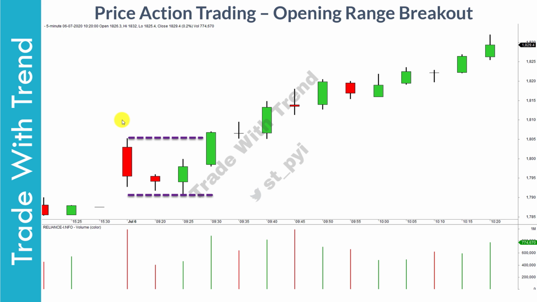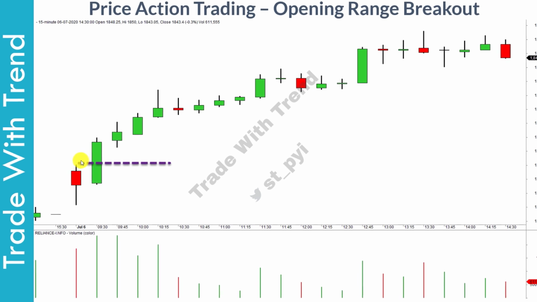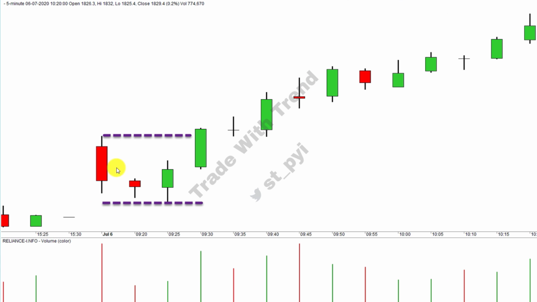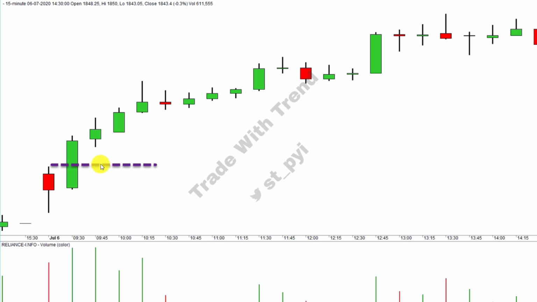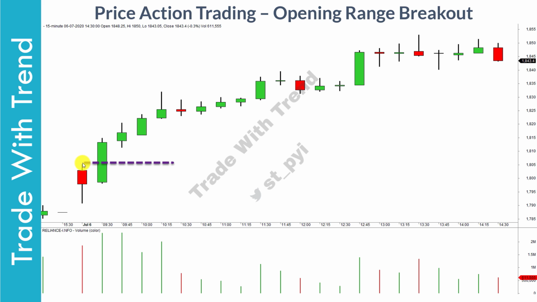Now this is 5-minute time frame chart. The same data on a 15-minute time frame chart looks like this. So this candle is formed due to these three 5-minute candles. So these three are 5-minute candles and this is one 15-minute candle. So in an opening range breakout, you just mark out the high point and low point on a 15-minute time frame chart, and then you wait for a breakout or breakdown to happen on a chart. Now this is the basic framework.